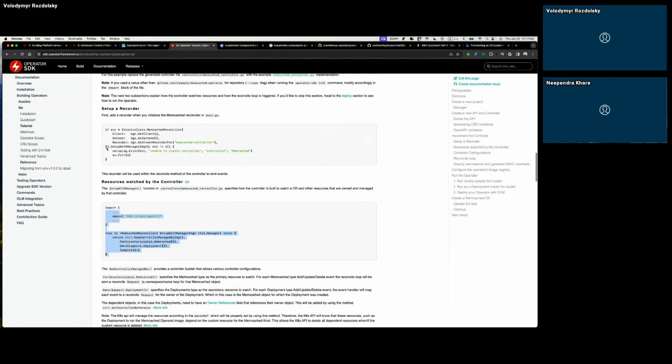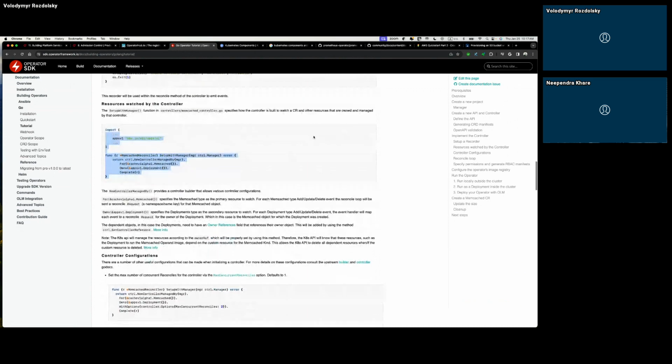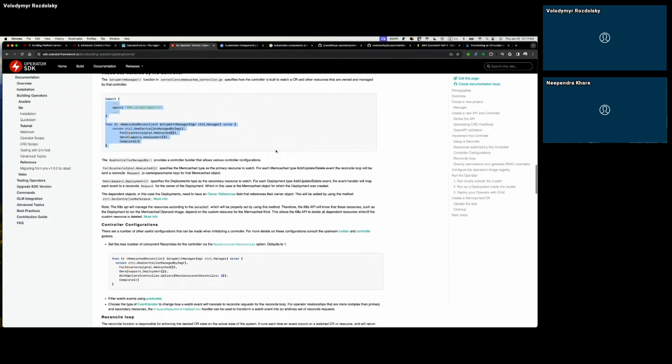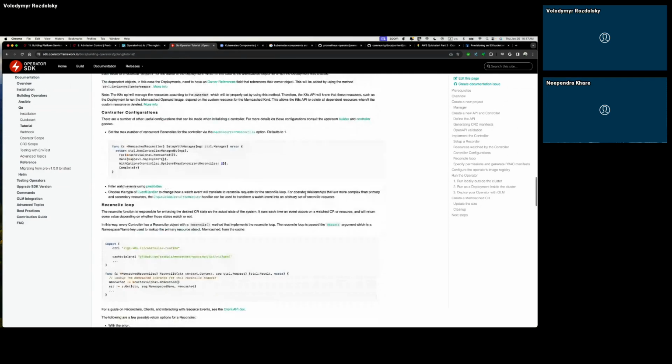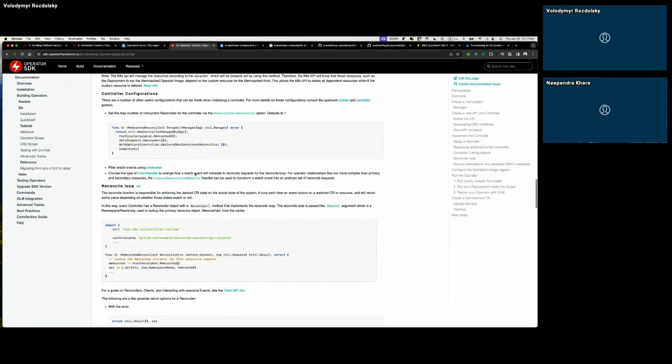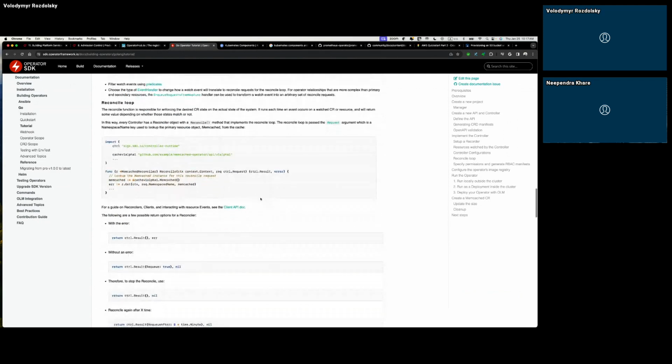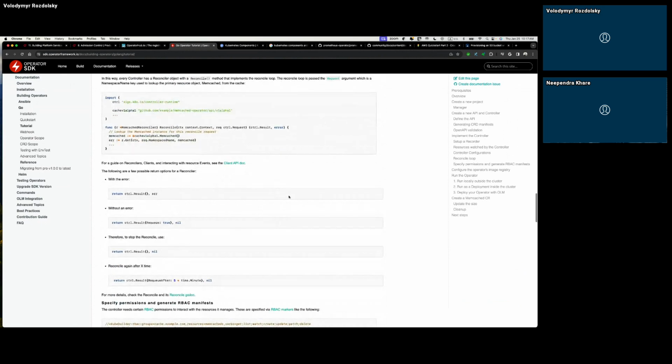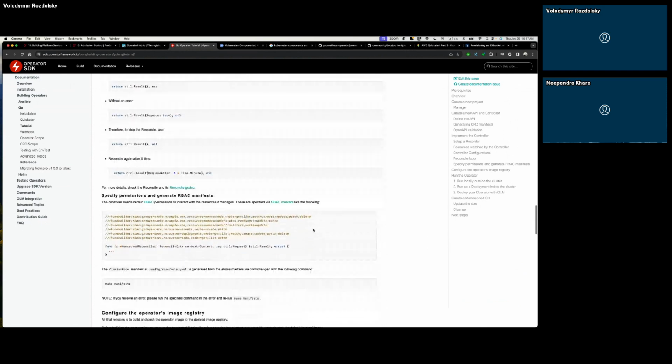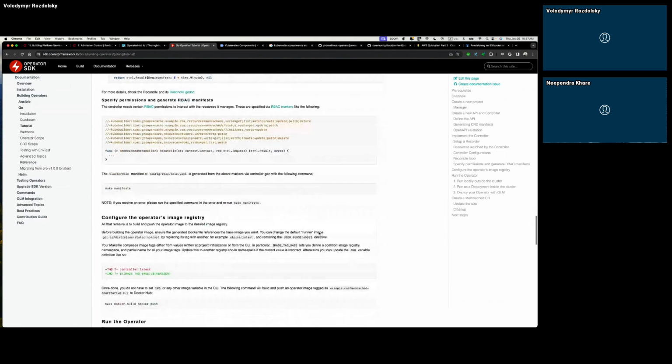I think operator SDK supports many languages, but there's another one, KubeBuilder, that is only written in Go. I've just played around with this one a little bit, trying to create a boilerplate and use code snippets to create and deploy an operator.